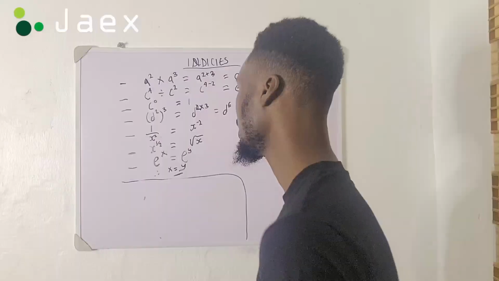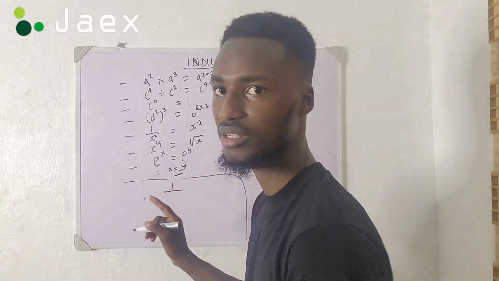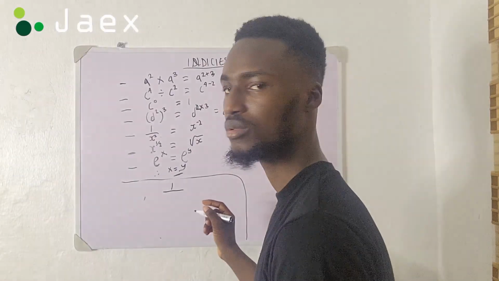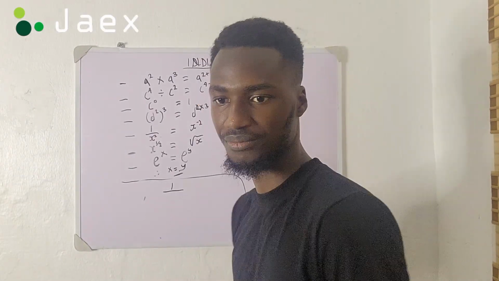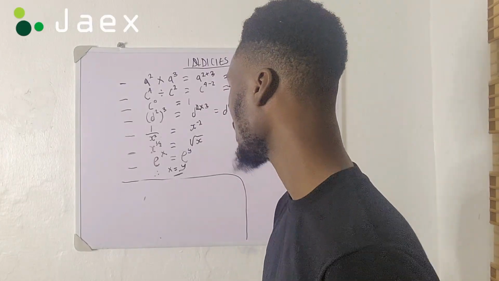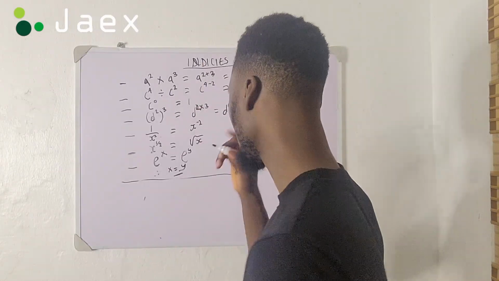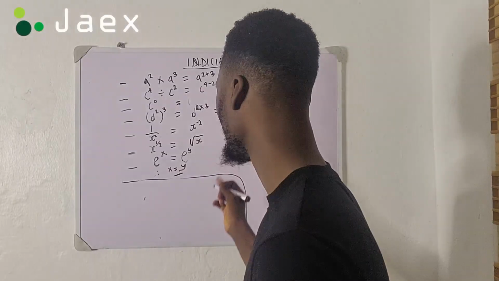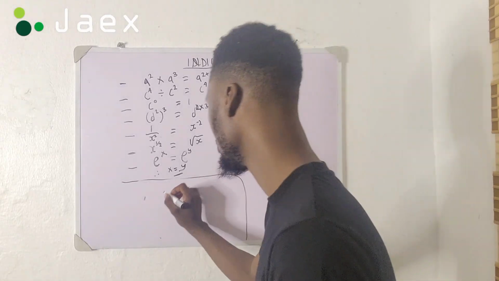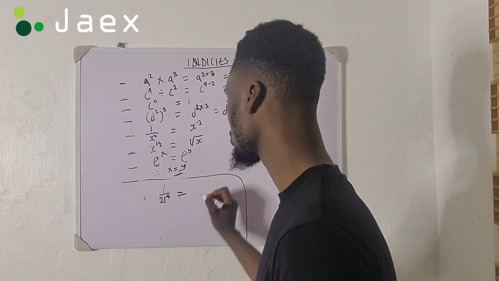Now for the next law we have, it states that when there is a power below the division sign, it can be converted from a fraction to a whole number by adding the minus sign to the power. For example, if we have 1 upon 2 raised to power 4, this can be equal to 1 upon